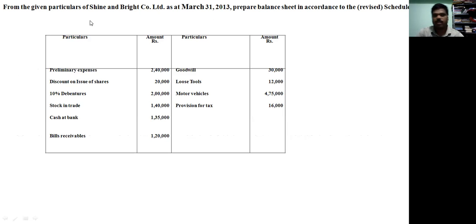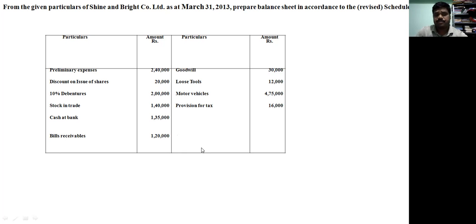From the given particulars of Shine and Bright Company Limited, as at 31st March 2015, prepare a balance sheet according to the revised schedule. Given: preliminary expenses, discount on issue of shares, 10% debentures, stock in trade, cash at bank, bills receivable, goodwill, loose tools, motor vehicles, and provision for tax. With